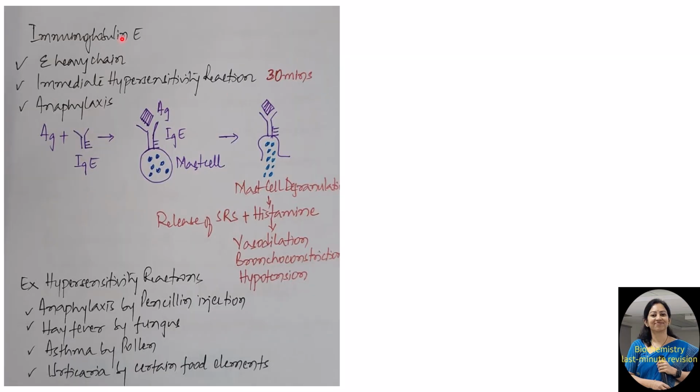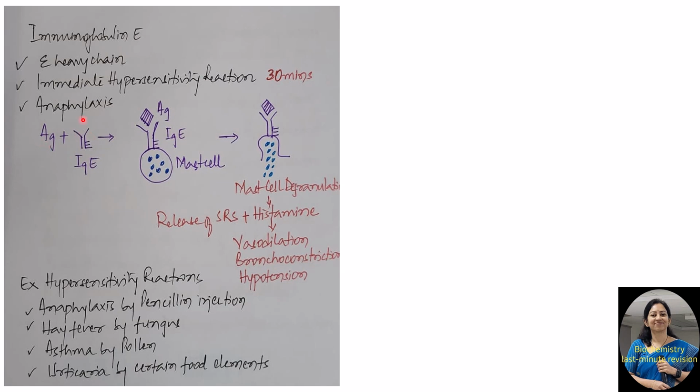Coming to immunoglobulin E, it is so named because it has epsilon heavy chain, and this is responsible for immediate type of hypersensitivity reaction. It means the hypersensitivity reaction occurs within 30 minutes of administration or encounter with the antigen. Now this is also responsible for anaphylaxis. The mechanism is as follows. So when an antigen enters,